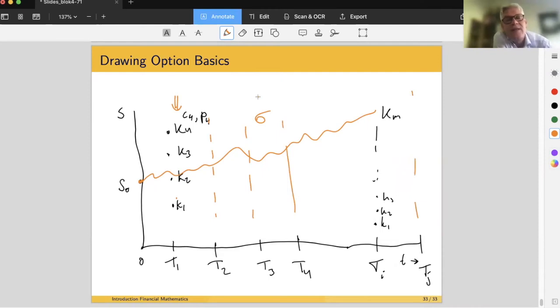And then, in fact, if you think about it, we know put prices, we know call prices, we know T_i, we know K_i, the strike and the expiration date. We know the interest rate, more or less, that's like 0% nowadays. So we know a lot. We know S0 also. The only thing that we do not know is the volatility. So we could invert the relation